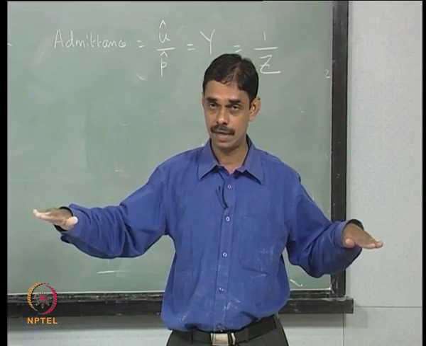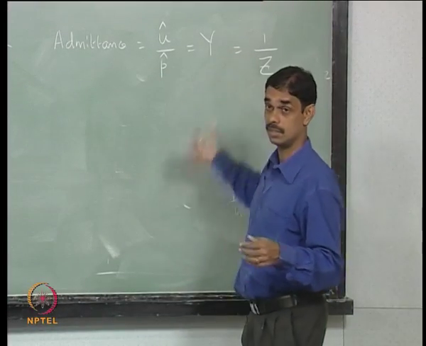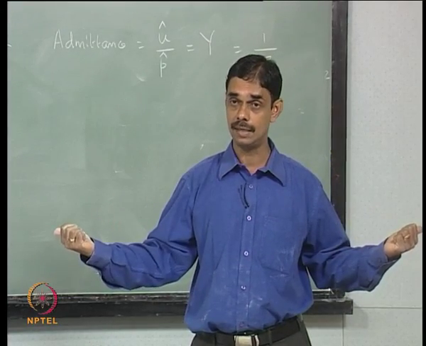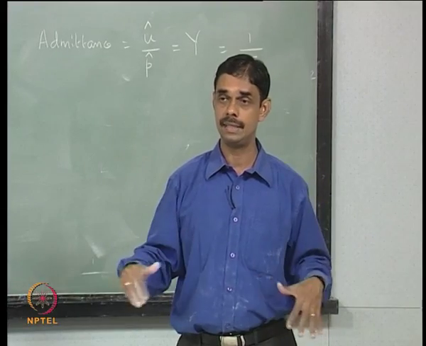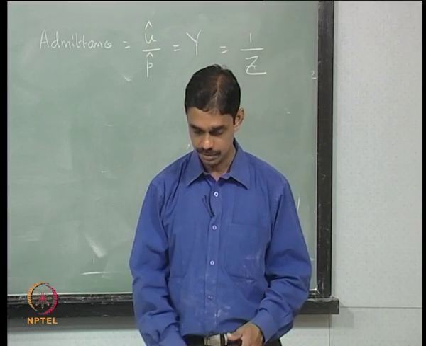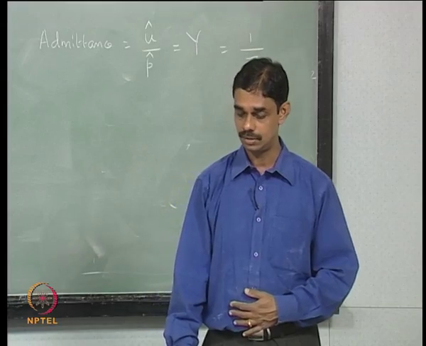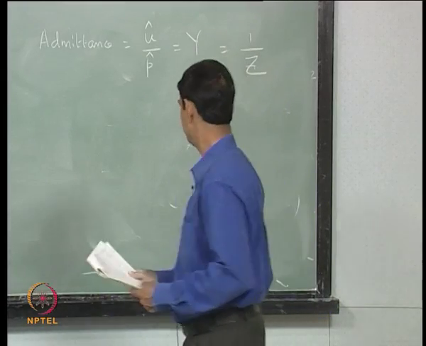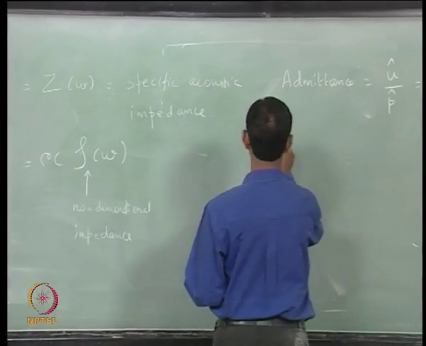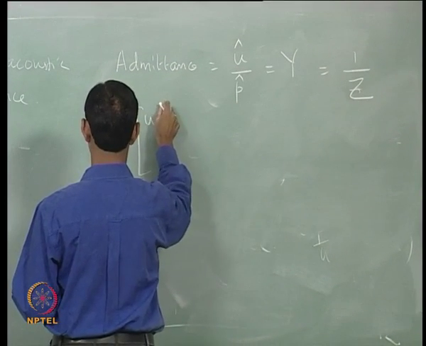But let us say we have a growth and we have to determine the growth rate, and this growth rate can be determined in terms of the impedance or the admittance. Similarly, if you have acoustic energy in a duct and the energy is going out of the duct, then your acoustic field will decay, and the decay rate can be expressed in terms of the impedance or the admittance. We will do that in the coming classes. We also need to have a measure of the acoustic energy, so we can write the equations in a dynamical system language as